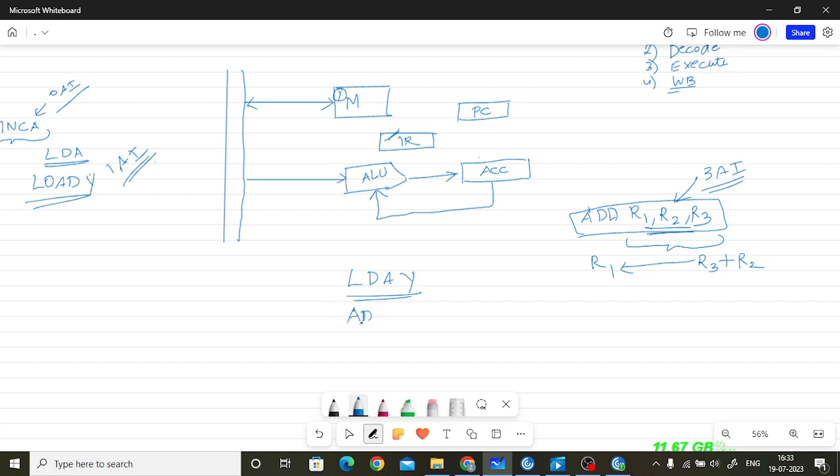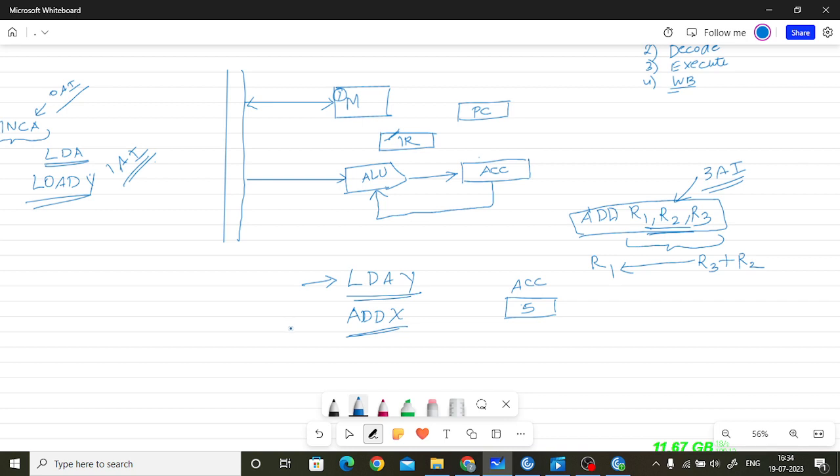ADD X. Okay, so firstly, how is this going to be performed? This is an accumulator register. Once we have given this instruction LDA Y, what will it do? It will load the register with the contents present at Yth location in a memory. So suppose at Yth location in a memory is 5, so 5 will be loaded here in the accumulator, and